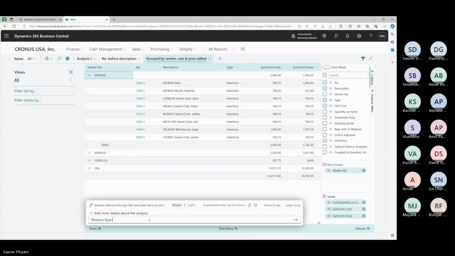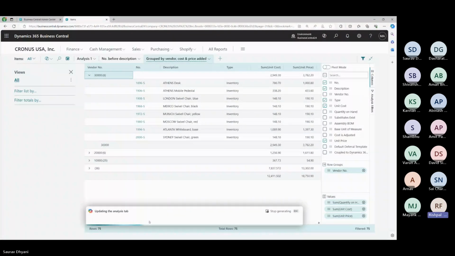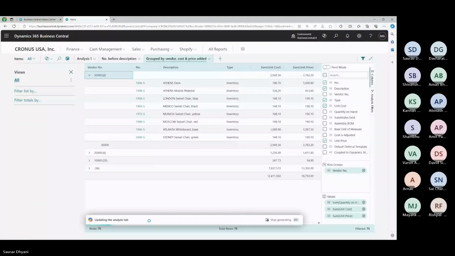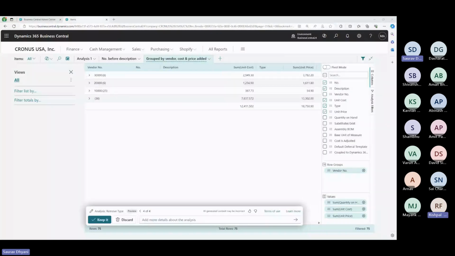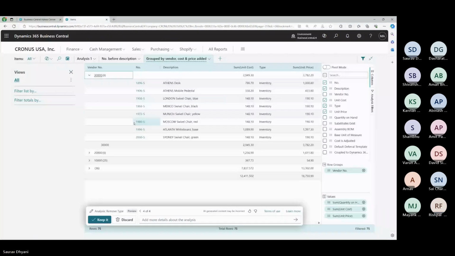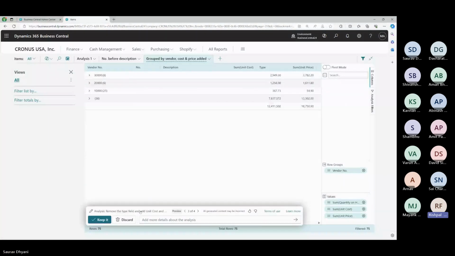Remove type. So this is a Copilot thing, Saurabh? Yes, sir. All we are seeing right now is happening via Copilot, and it's accepting the changes that I'm needing. It still did not remove the type. So maybe I'm doing something wrong, but is this the same as that chatbot or